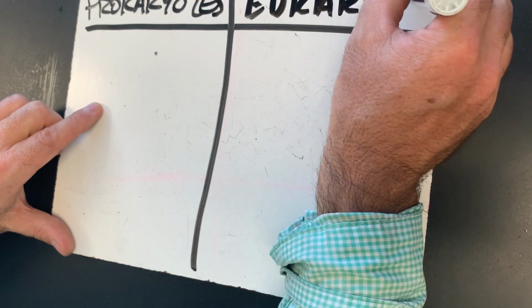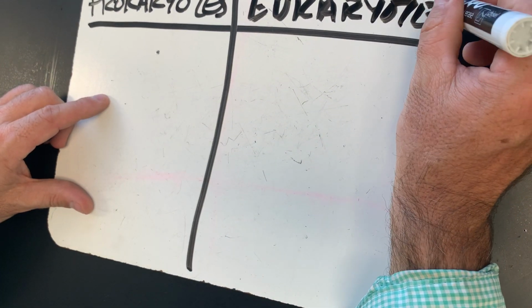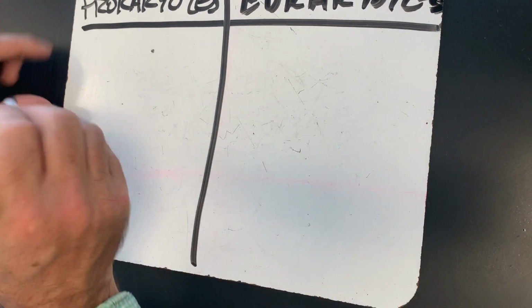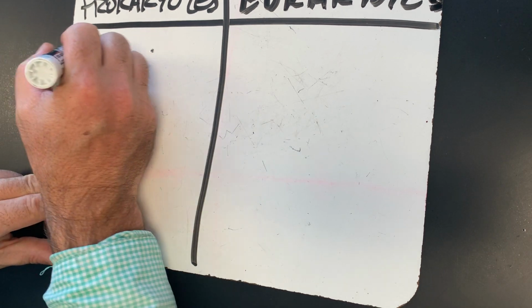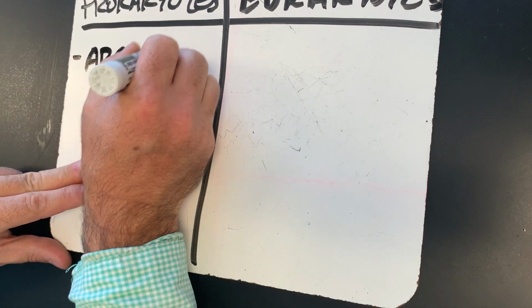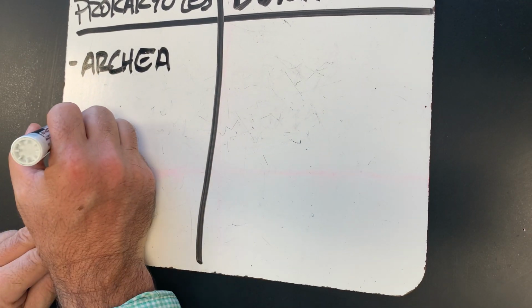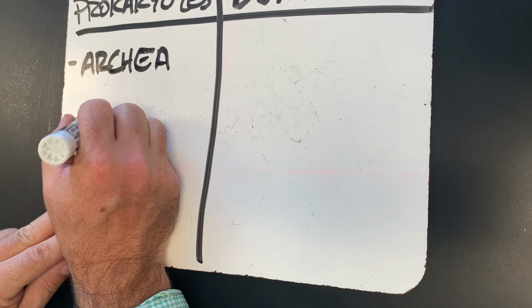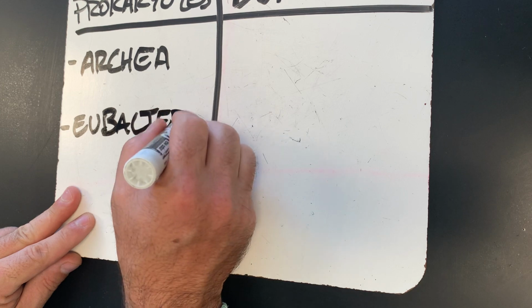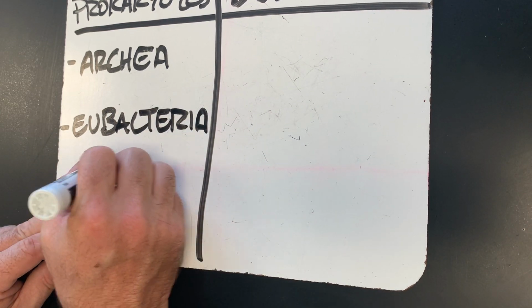And what could be a eukaryote and what could be a prokaryote? Sorry about my handwriting here. So for prokaryotes, there's really only two. There's one called an archaea, and we'll get into that later, and it's like a bacteria. It's an archaea bacteria. And there's another one that's called a eubacteria. And I will refer to eubacteria as just your common old beat up bacteria.